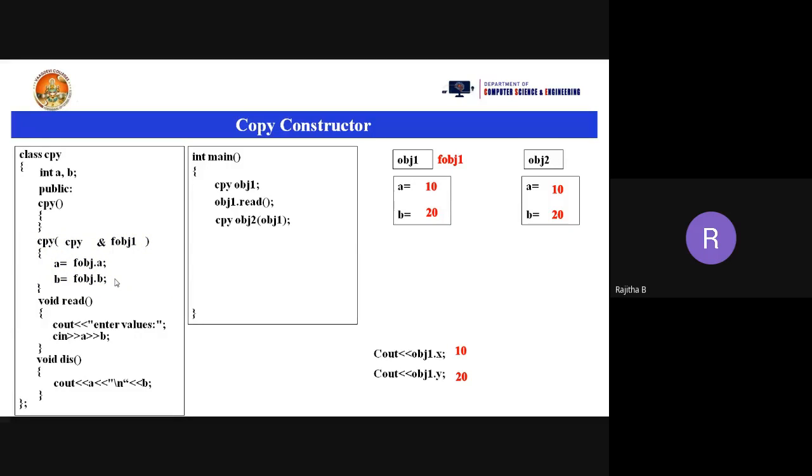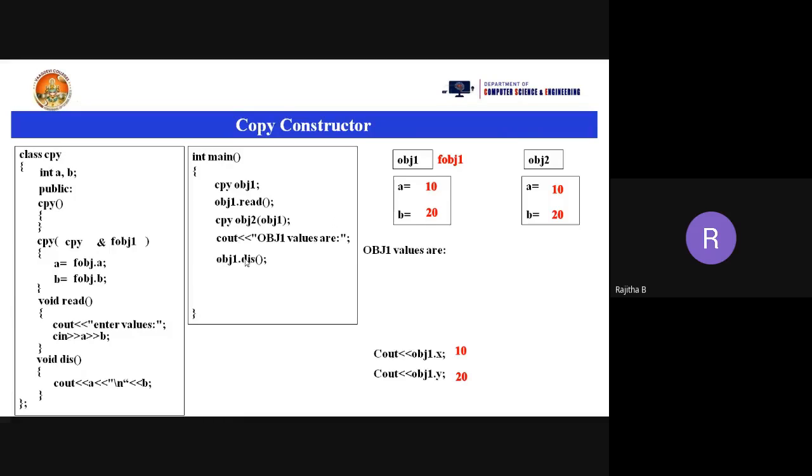Now it is coming back to the main function again. I want to display the obj1 values. So with this cout statement, "obj1 values are" will be printed on the monitor as it is. The next statement, I am calling the obj1 dot display function. With which object am I calling the function? Object 1. So object 1 values, 10, will be displayed.